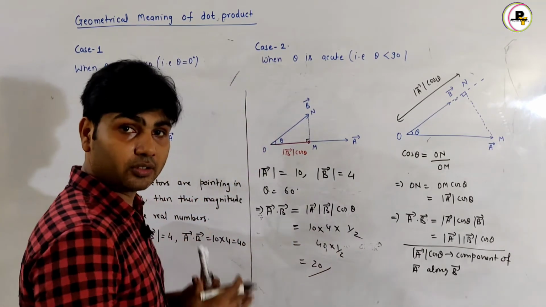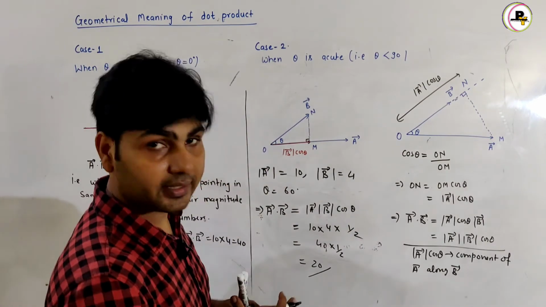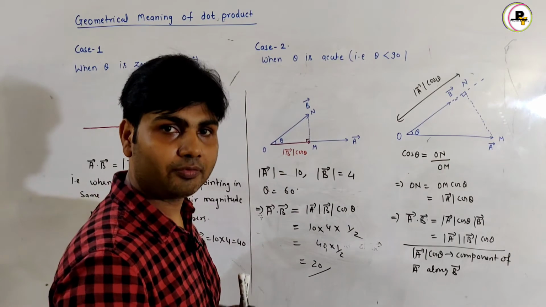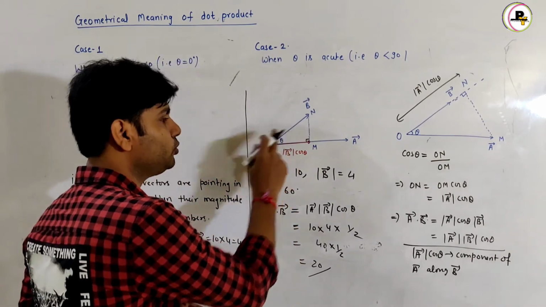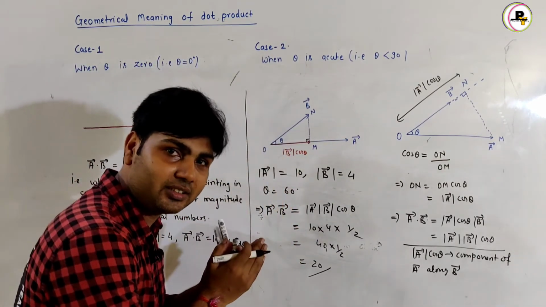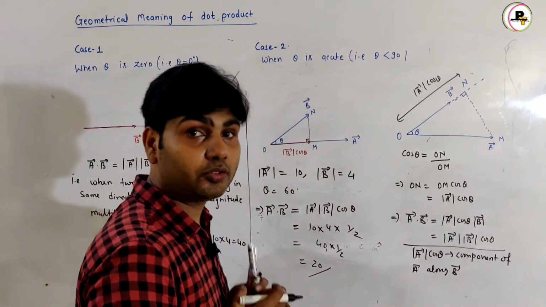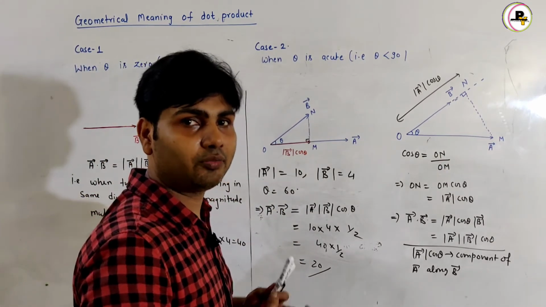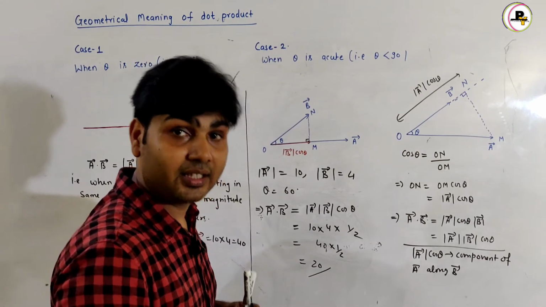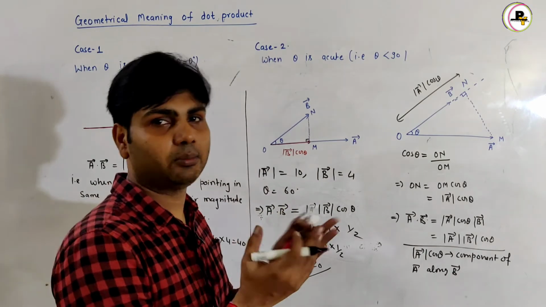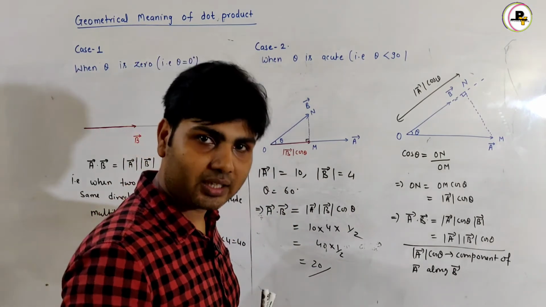So in this case, the value is halved due to the different directions of A vector and B vector. That is, due to theta, the value gets changed. Okay, so in dot product we also take the direction into account while multiplying the two vectors, whereas in case of the multiplication of the real numbers we do not take the directions into account.